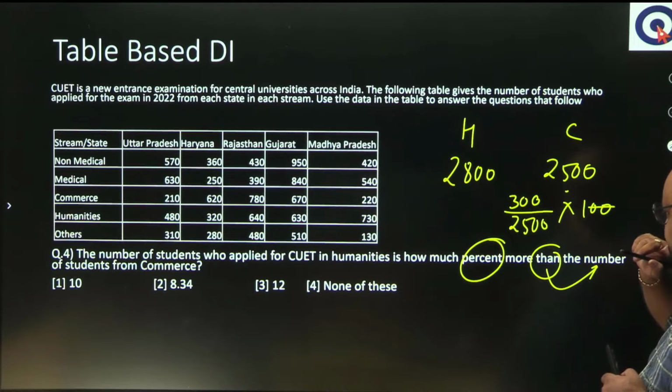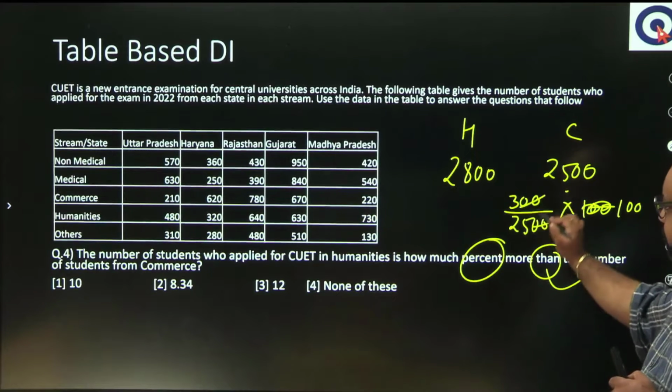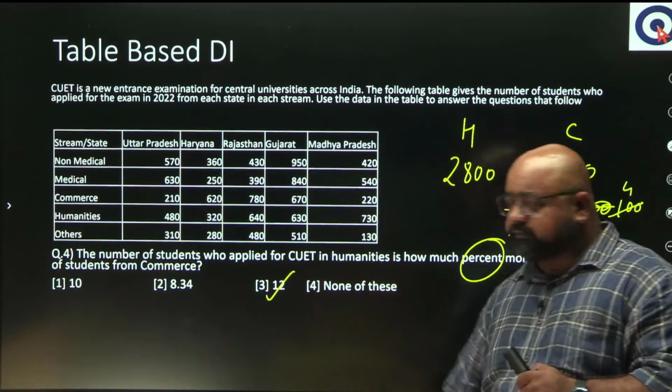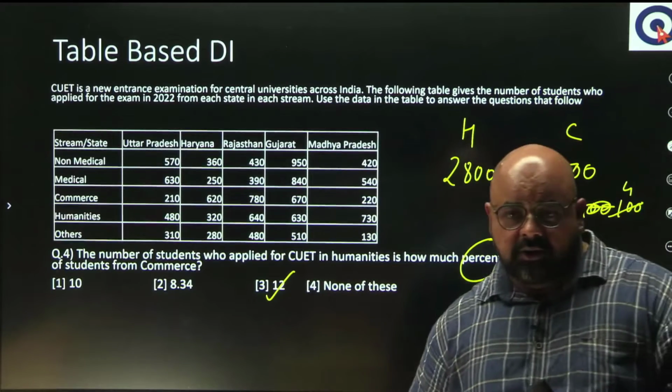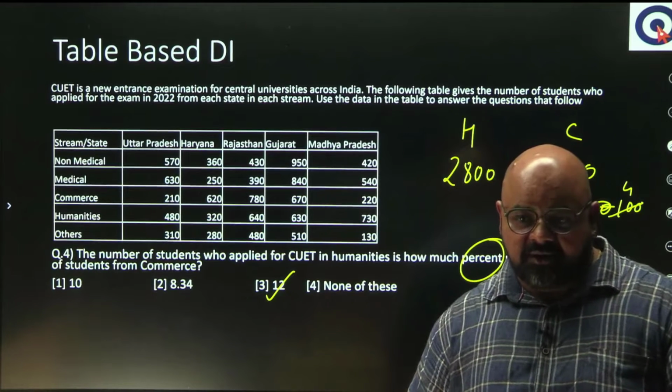What I can do is, okay, let us not cancel this 0. 0, 0, 0, 0 cancel. 25 4s are 100. 4 3s are 12. So cancelling the right numbers saves on calculation time. Question 5 then,